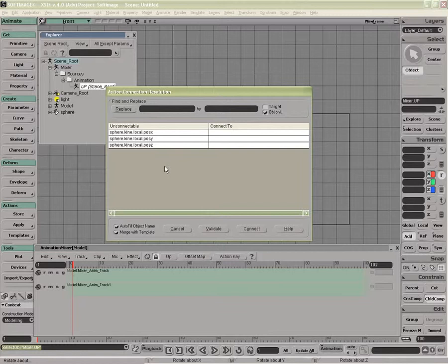Sometimes if you have multiple models in the scene and you drag and drop to the wrong model, this will pop up. So it's good as an indicator that you're actually trying to put it on the wrong model. Sometimes you actually do want to divert it. So here we have an unconnectable, and really the best thing to do is use this dialog box up here